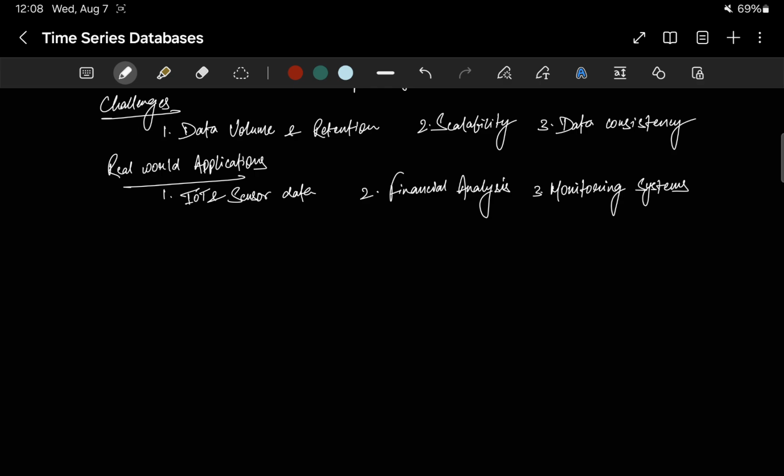Now, let's talk about the advantages and limitations of time series databases. So, first, we will talk about the advantages. So, the best advantage is fast retrieval of data, because assume that you have to query, let's say, the last 1 hour data, or 1 hour data from any day, and you have as many as or as less